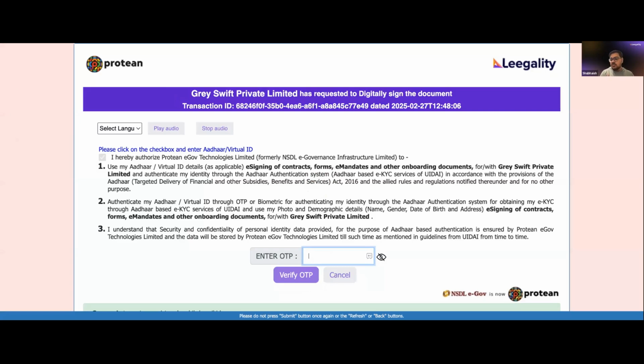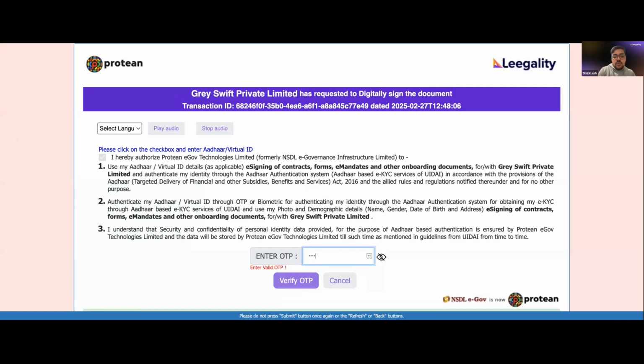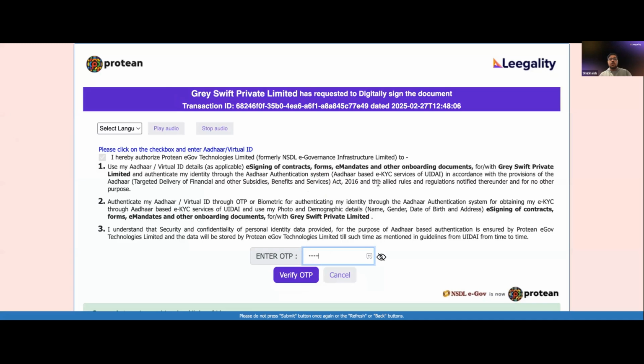Because what happens is the customer is doing one digital journey, right? And they're seeing your logo, your colors throughout, and they suddenly land on this screen and they would not see your logo, your colors. That's a bit confusing, and that automatically raises suspicion: is this correct? So just to avoid that, we also give this flexibility to customize the Aadhaar e-sign screen on Protean itself.